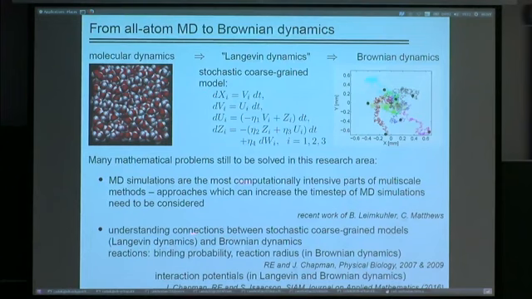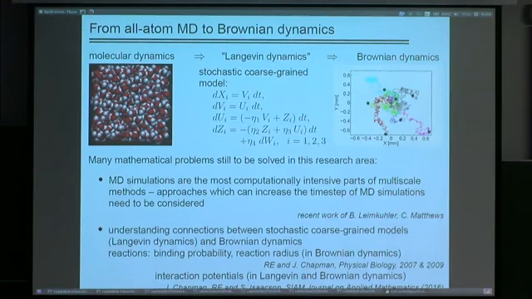So one has to understand how to design these overlap regions, and in an efficient way, how to study the errors of these schemes, understanding connections between the stochastic coarse-grained model and Brownian dynamics. You can think already about Langevin dynamics, that it offers much more